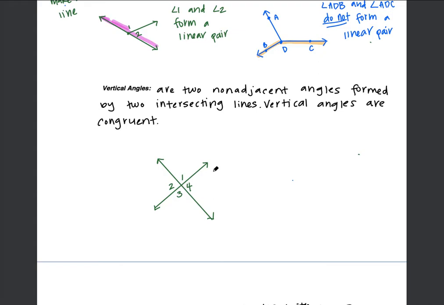So we're looking for non-adjacent angles. Remember, adjacent means next to each other. So adjacent angles would be like 1 and 4. They're right next to each other, or 1 and 2. They're right next to each other and they share this side, right? So non-adjacent angles would be like 1 and 3. So we can say that angle 1 and angle 3